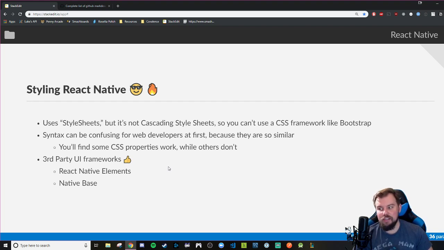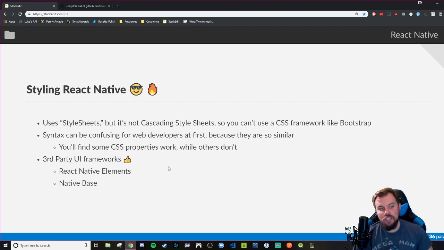And the error handling on some of these is actually pretty good, and they'll have a list of like, hey, you're trying to use X property that doesn't exist. Might I suggest some of these similar ones that you're maybe looking for, or trying to use. Outside of writing raw style sheets, you can also use third-party UI frameworks, which is also a lot of